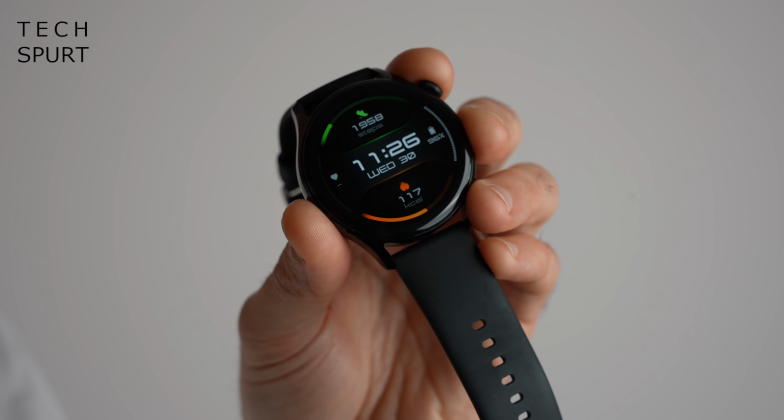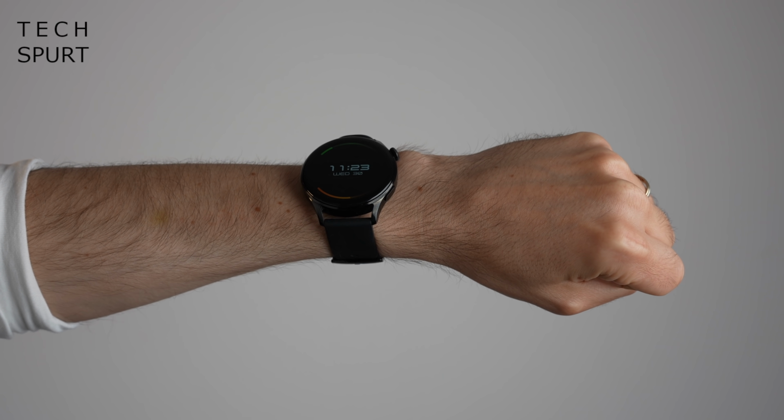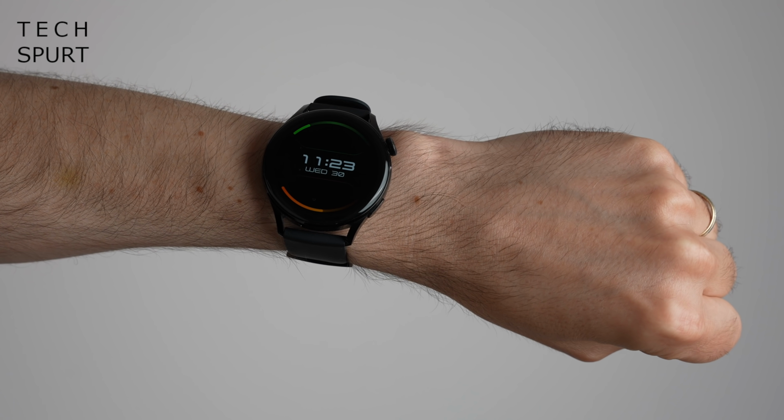Now, first up, I've got to point out that this right here is the active model, which is the cheapest of the bunch. You can also grab the Huawei Watch 3 in classic brown, which is an extra 30 quid. Otherwise, if you've got a spare £430 knocking about, you can get the Steel Elite model. And unlike some previous Huawei watches, this one is only available in a 46mm size,